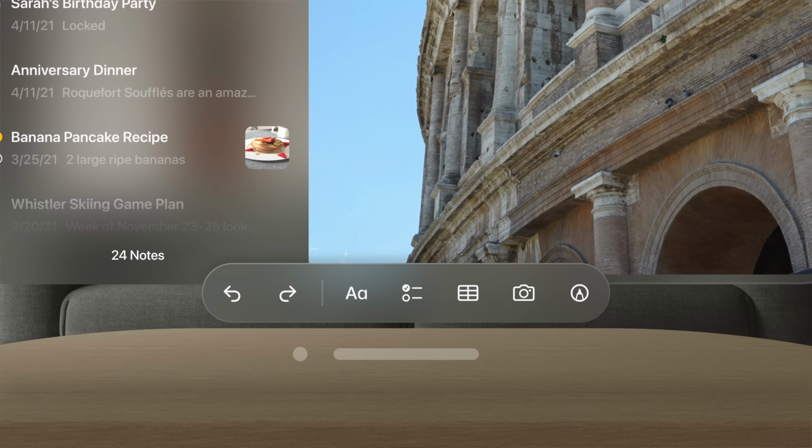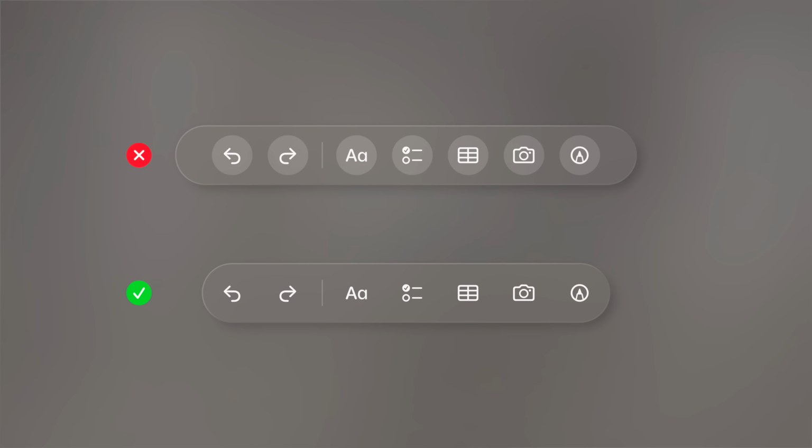Ornaments are a great way to present toolbars. They allow people to perform quick actions related to the content in a convenient location, and they add a bit of depth to your app. Since ornaments are usually a collection of buttons and sit on their own glass container, this is a perfect place to use borderless buttons. In this case, it's clear that these are interactive elements and they'll still get the hover effect as people look at them.